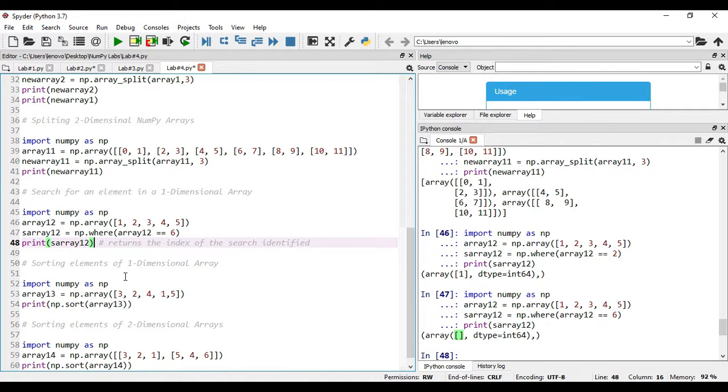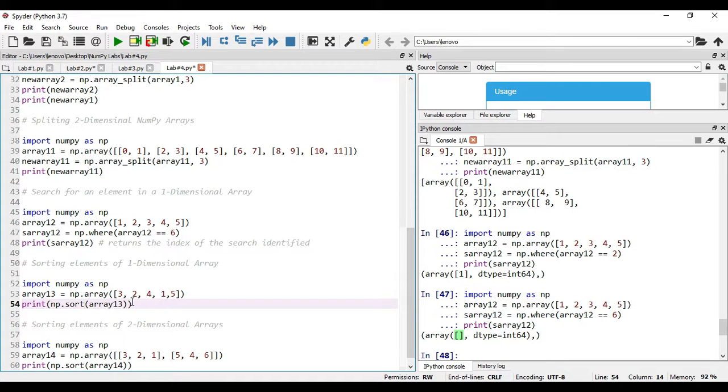Next, we go for sorting of elements. Here we are performing the sorting of a one-dimensional array. That's why I have created a one-dimensional array with the name array 1, 3, and I am using specifically a function called the sort function. This sort function is going to perform the sorting, that is nothing but arranging the elements in an array in ascending order, right?